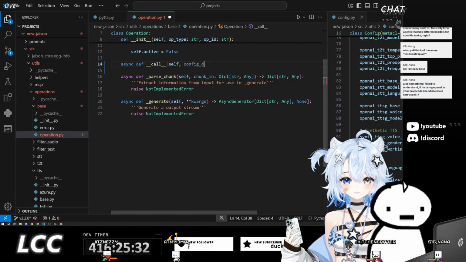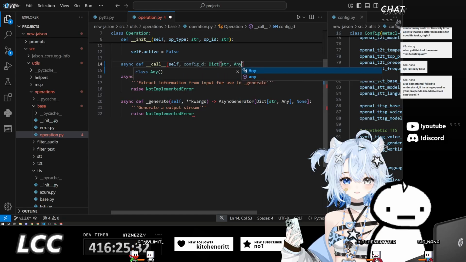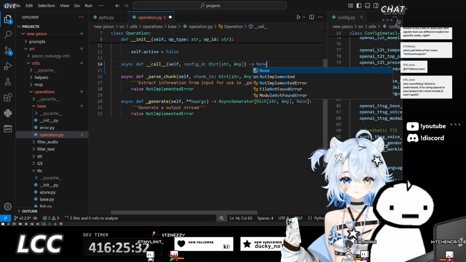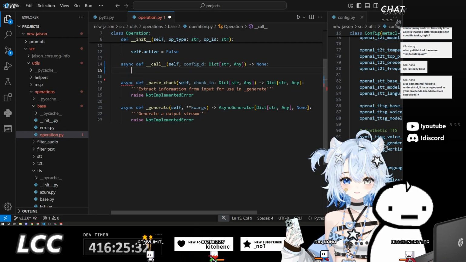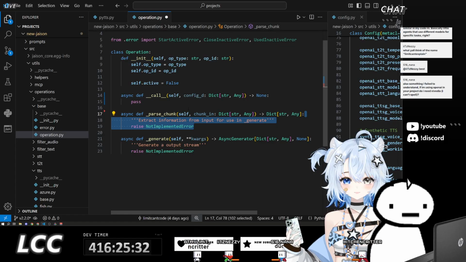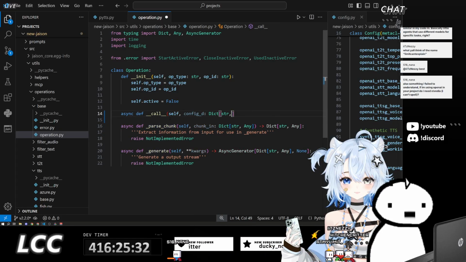Config dictionary. I actually can't type right now. Okay, so this config dictionary, where the hell did it go? I am so lost. What the hell just happened?